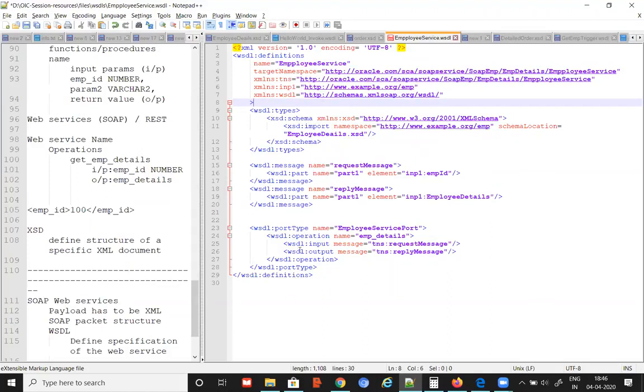There is a WSDL structure. I cannot go and write something else here for operation. What is user defined in this? The value for the name, the message name, the element name, all these values are user defined. But types, schema, message, all these you cannot change. These are coming from the WSDL namespace, a standard namespace. I cannot change that one. INP1 is my own XSD, a user defined XSD. That also I'm taking from here, and from that I'm using some elements.